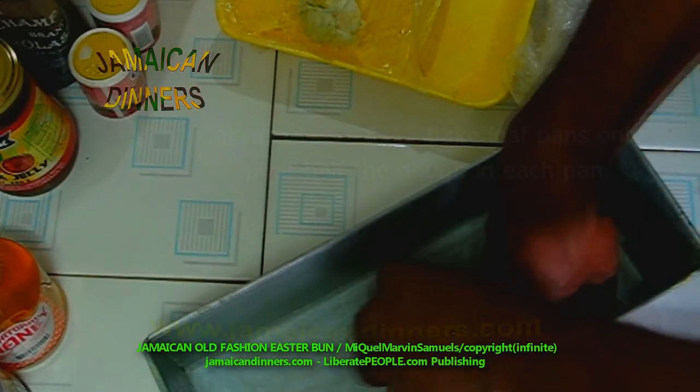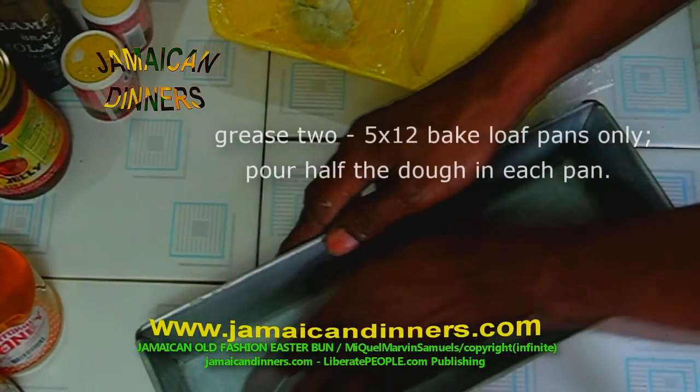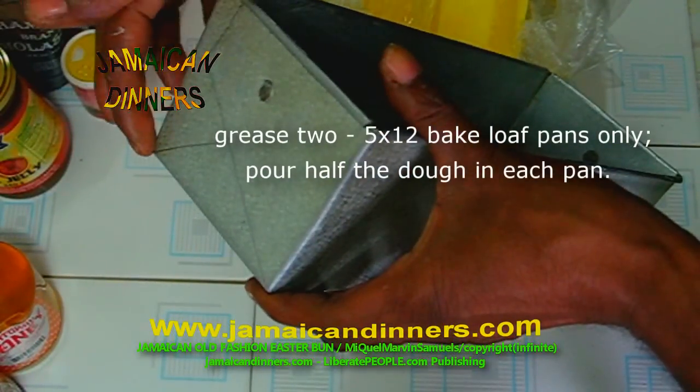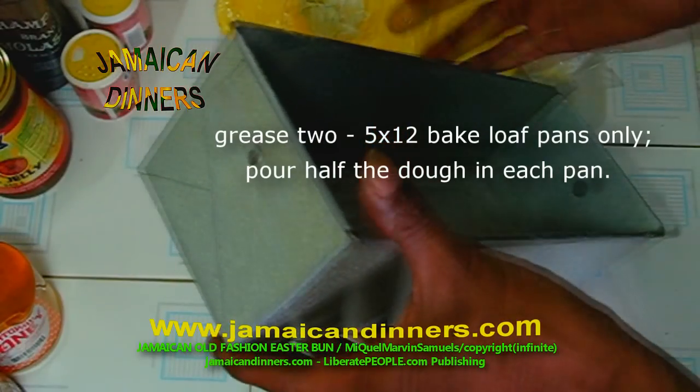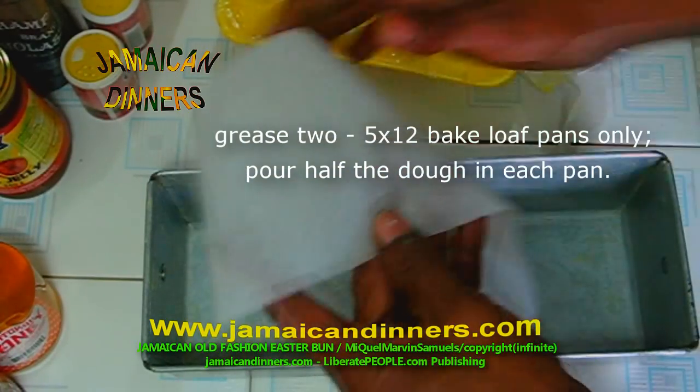Just kind of flush it against the corner. Why do I flush it in? You see, this might leak. It didn't leak with this one, but I have a big 12 by 12 one that leaked. I baked with this before and it didn't leak, but